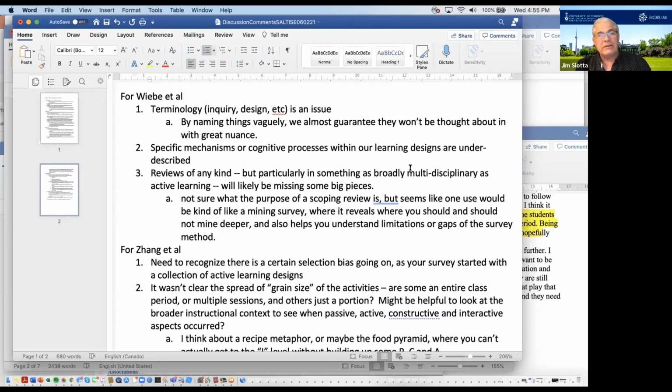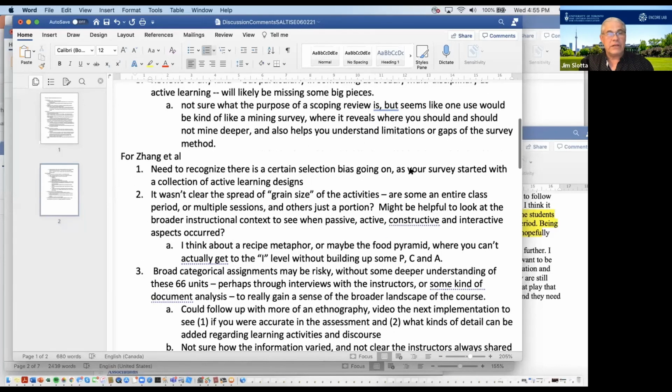And I thought to myself, I'm not actually sure what a scoping review is, but it seems like it's more than what you said in your slide, which was that it kind of gives you basic information or whole information, or I can't remember what you said, but it also seems like a diagnostic instrument. So you could use it, I was thinking, kind of like a mining survey to find out where you should go deeper and where the action is, right? But also maybe where am I missing something? Like I know that there's been work on this and it's not showing up in my scoping review. So those are all initial reactions to that paper.